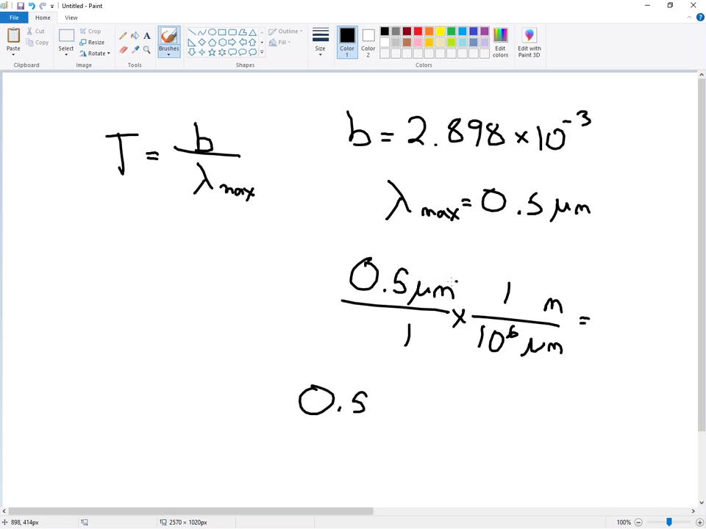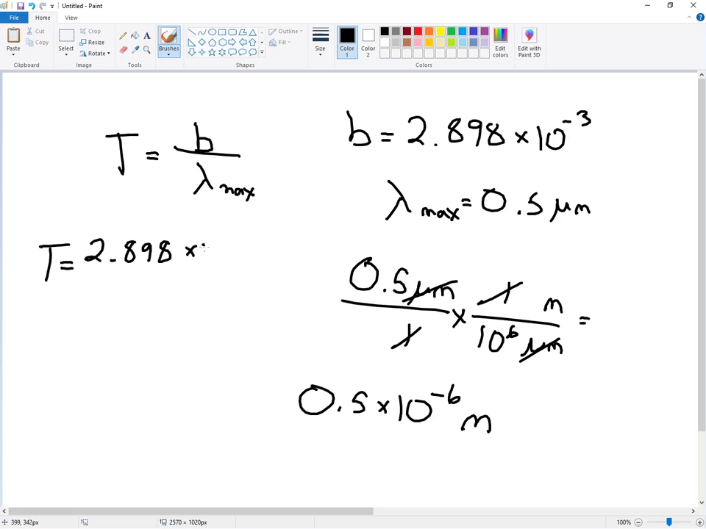So I got 0.5, these cancel. So I just have meters, which is what I wanted. 0.5 times 10 to the negative 6th meters. Okay, so back over here, the temperature is going to be, B is